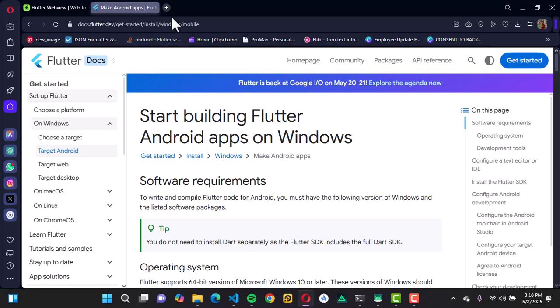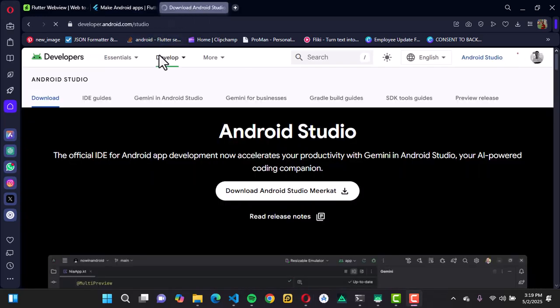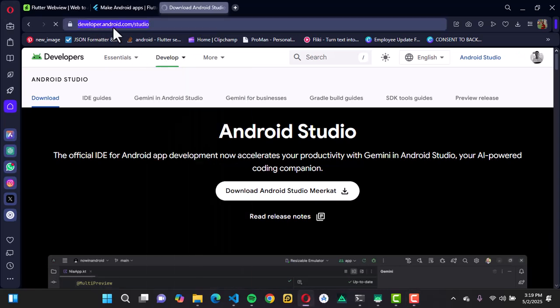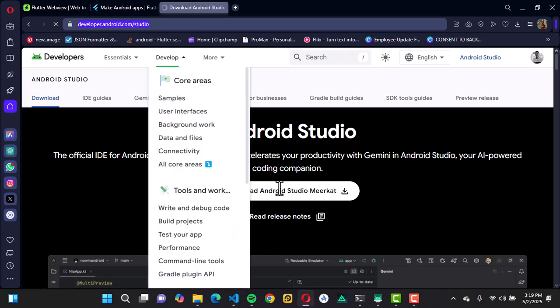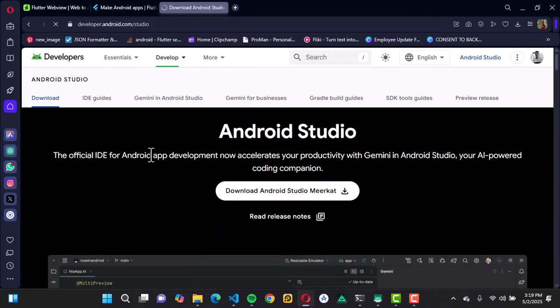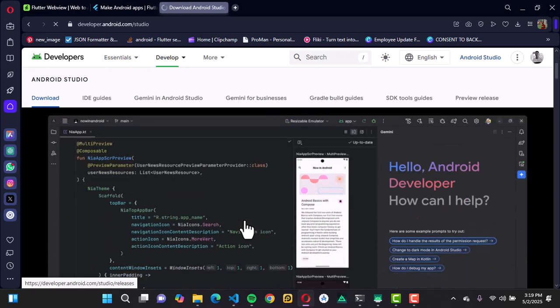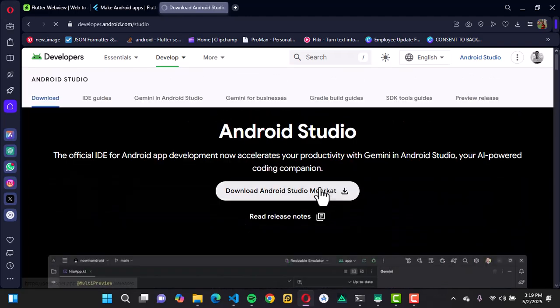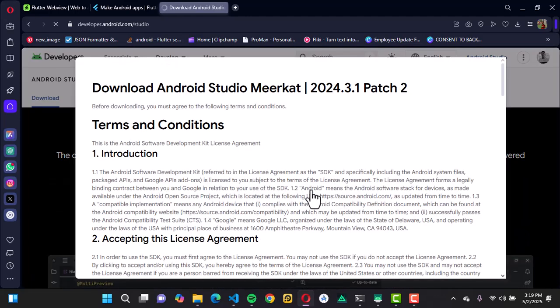So this is Android Studio, and getting here means you're going to go to developer.android.com/studio and go ahead to read the documentation. So this is the official IDE for Android app development, and the current version of Android Studio is Android Studio Market. So read a lot more about Android Studio, know about the features, know your way around Android Studio, and then go ahead to click on this button where you're going to see the pop-up of the terms and conditions